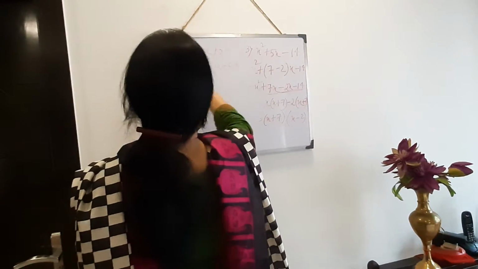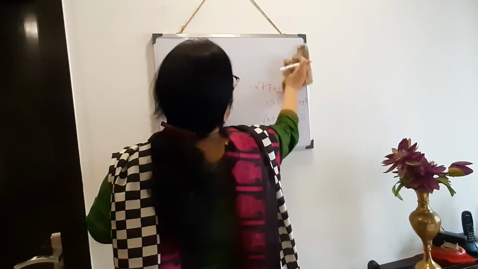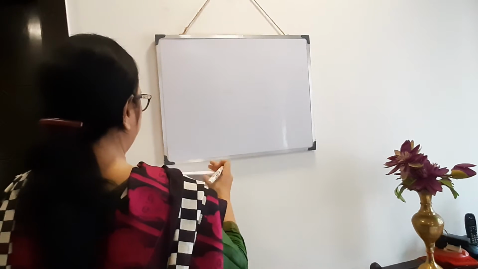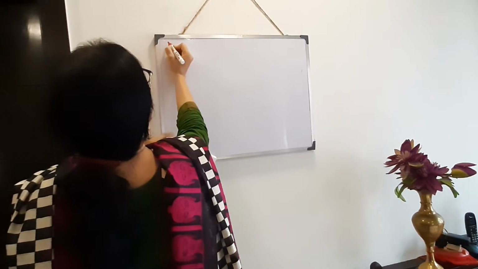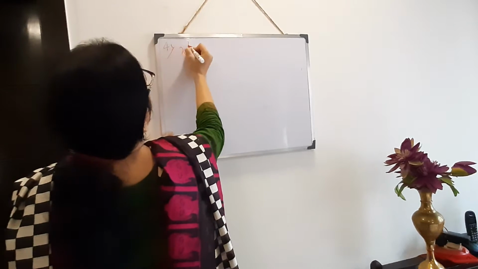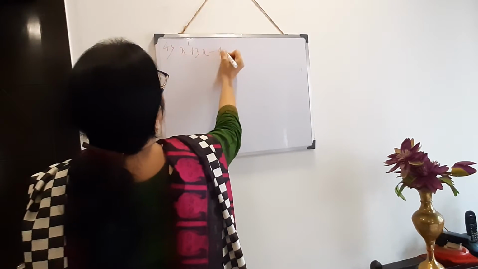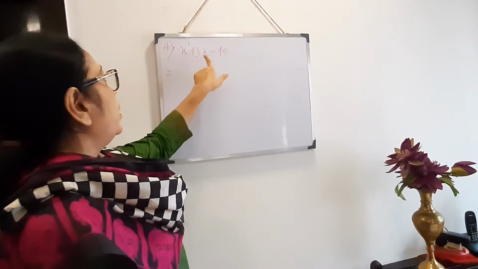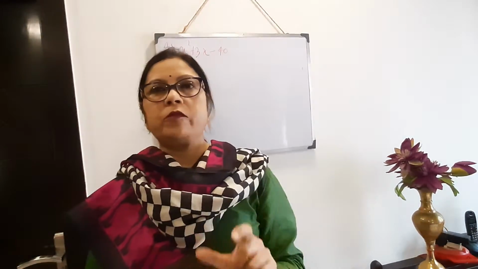Now I am doing more sums, it will be clear. Another sum I am doing. Just now I have told you there is one negative sign, and what are the factors of 40? It may be 10 into 4, 10 4s are 40, and 5 8s are 40. Clear? Now you have to say by subtracting which factors 3 will come.